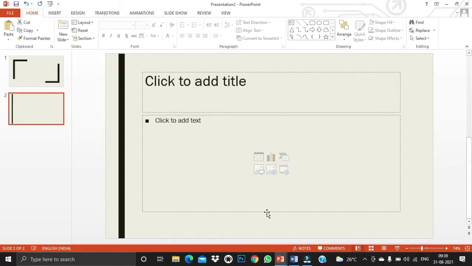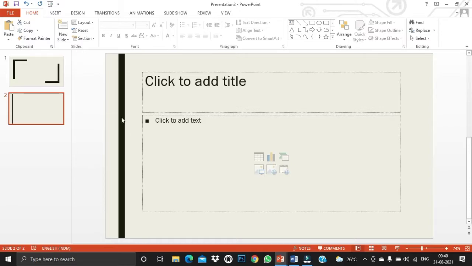So for that, I just open Microsoft PowerPoint presentation. When you are opening the slides, you can see some options in the middle of the slide. So this is one table, and insert chart, and insert a smart art graphic, and pictures, online pictures, and insert video. So these are some options which we have seen by default in the middle of the slide. Okay, this is one simple method to choose the option. So another method is